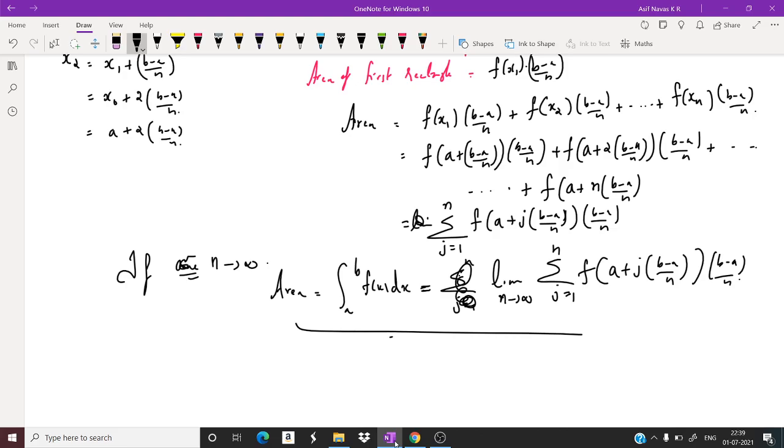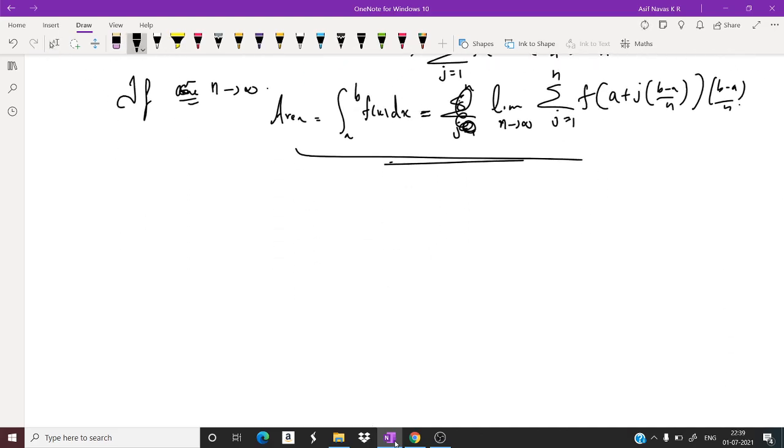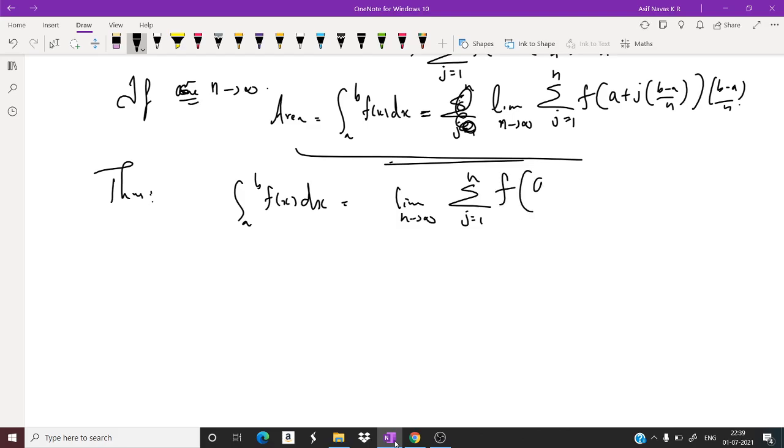So this is the formula. This sum is called the Riemann sum. Now, therefore, the integral a to b f of x dx can be written as limit n tends to infinity sigma j equal to 1 to n f of a plus j into b minus a by n into b minus a by n. Now from our question